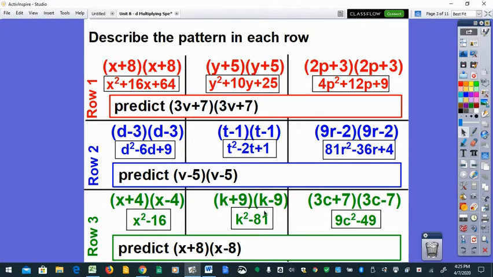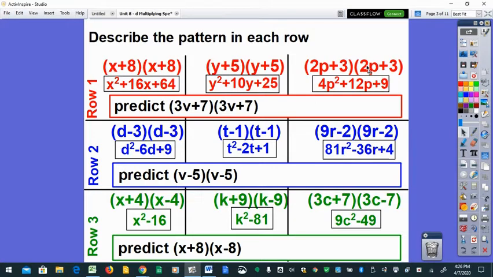On the next one, k times k is k squared, a negative 9k on the outer, a positive 9k on the inner, makes 0k, it drops out, and we end up with 9 times negative 9 is negative 81. And then 9c squared with a negative 21c, a positive 21c adds to drop out, and then 7 times negative 7 is negative 49. So let's go back to row 1, and you're going to notice that everybody in row